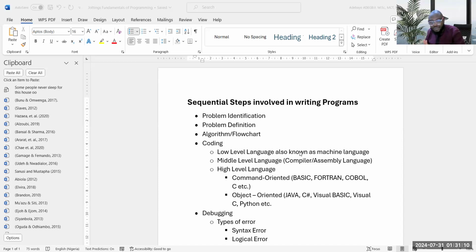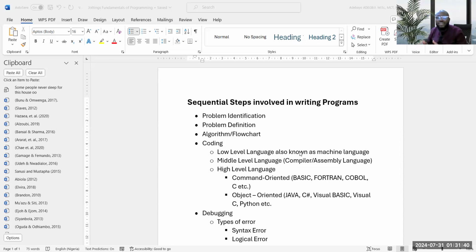Either a constant or a variable, you can use a container to hold them. For the purpose of this introductory class, the container could be letter A, B, C, D, any of the letters from A to Z, and sometimes it could be more. For instance, you can use score, S-C-O-R-E, to hold the marks a student gets, or mark, M-A-R-K.